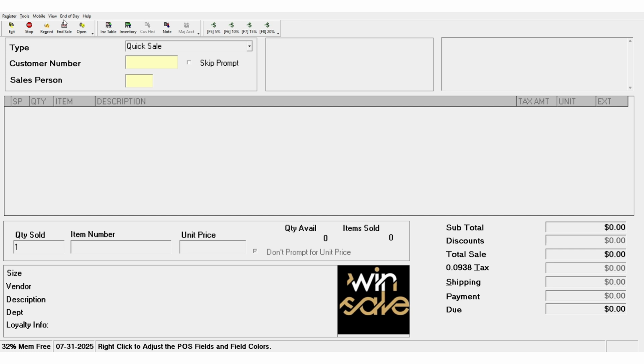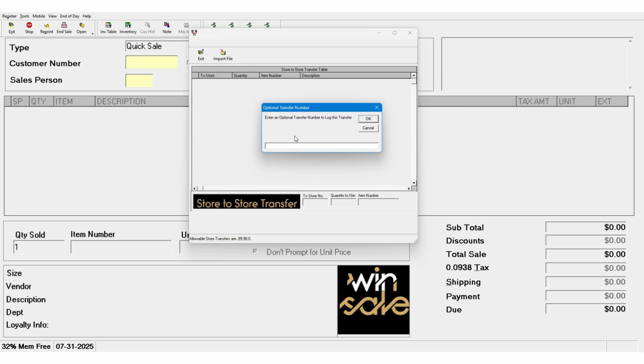Then we go under end of day, and the last menu says store-to-store transfer. This will ask you for an optional transfer number that you can designate to later search certain items or search by a transfer number to make your day a little bit easier. It's totally optional, so you can either give it a transfer number or just bypass it altogether by